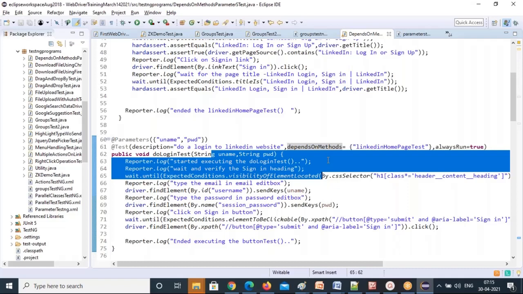And if you want to debug, it's tough because you have to debug all the test cases. But with depends on method, you can easily analyze: okay, the above method failed, so that's why these test cases are skipping. That means the root cause for the skipped test cases is the main test case. If you fix it, the other test cases will execute. You don't need to debug the other test cases, and that's the advantage of depends on method.